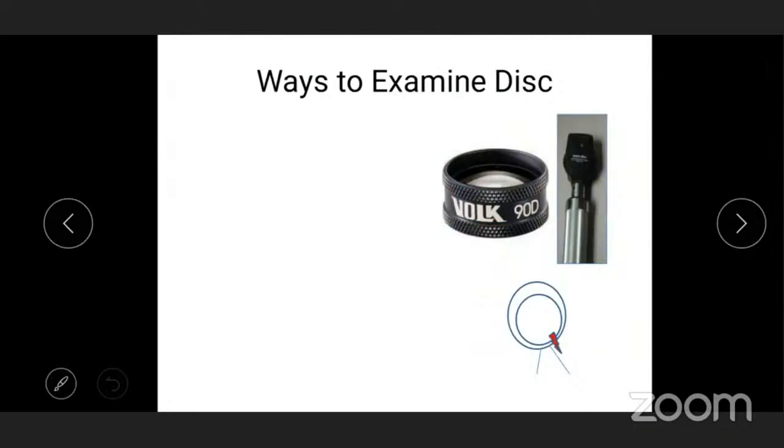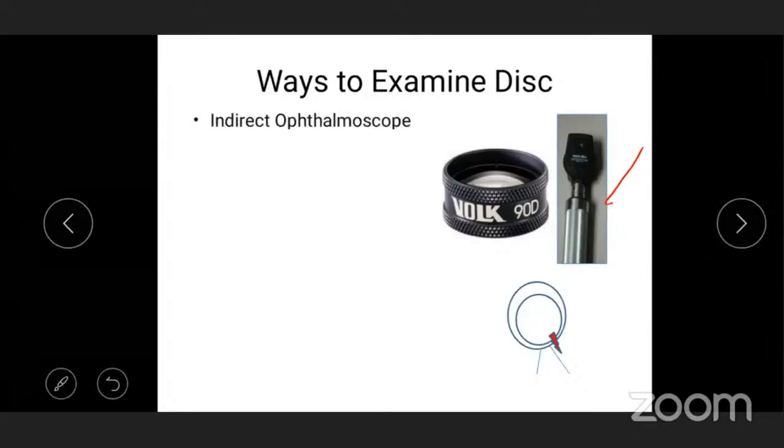So the ways to examine the disc, I think the course is on imaging, so the stress is on fundus photographs. But believe me, you can do the direct ophthalmoscope, but actually, if you ask me which lens to buy, it should be a 90D or a 70-80 lens. The advantage of 90D is you can look through a small size pupil also. So if there is one choice, 90D is the best. So direct ophthalmoscope is to be discouraged. Some of us are actually in the habit of using only the indirect. So both these are to be discouraged.